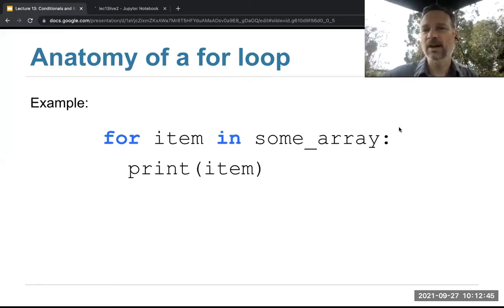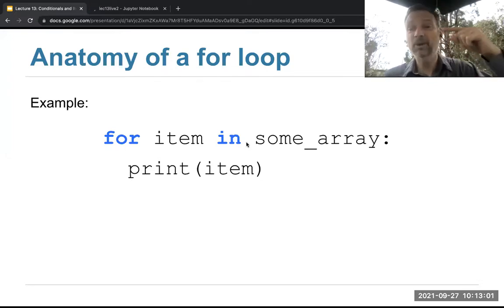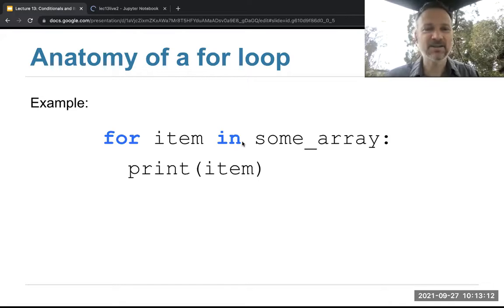Brief refresher on for loops. A for loop looks like what's shown on the slide here. That's how you write the code. If you have an array, the for loop will let you do some operation many times, once for each item in the array. So if you have some code that looks like this, for item in some array, print item. Let me walk you through the anatomy of this. The item there is a variable name.